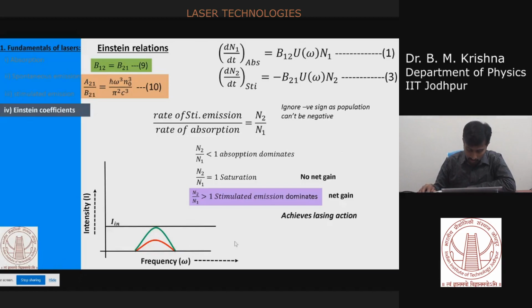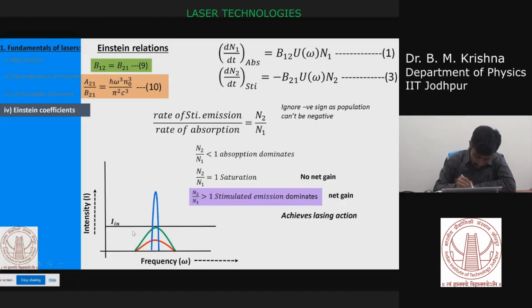And the third one, due to the stimulated emission, you have a net gain. Now you see, this is your input intensity, but with this condition, you are able to get higher than the input intensity. That means you are giving one photon, you are getting 2 photons, or if you are giving 2 photons, you are getting 4 photons out. So whatever you give, you are getting more than that. So that's why it's a gain. It's called a gain curve. So now you can see the gain curve.